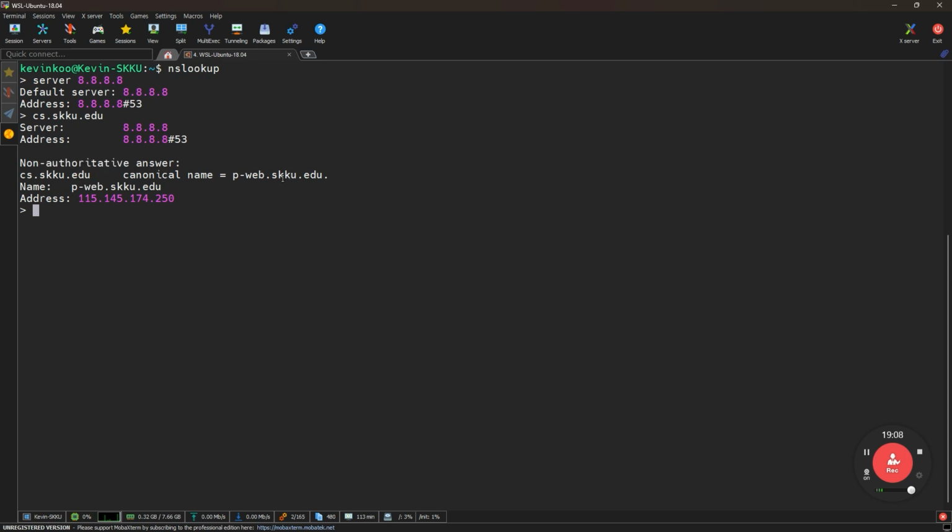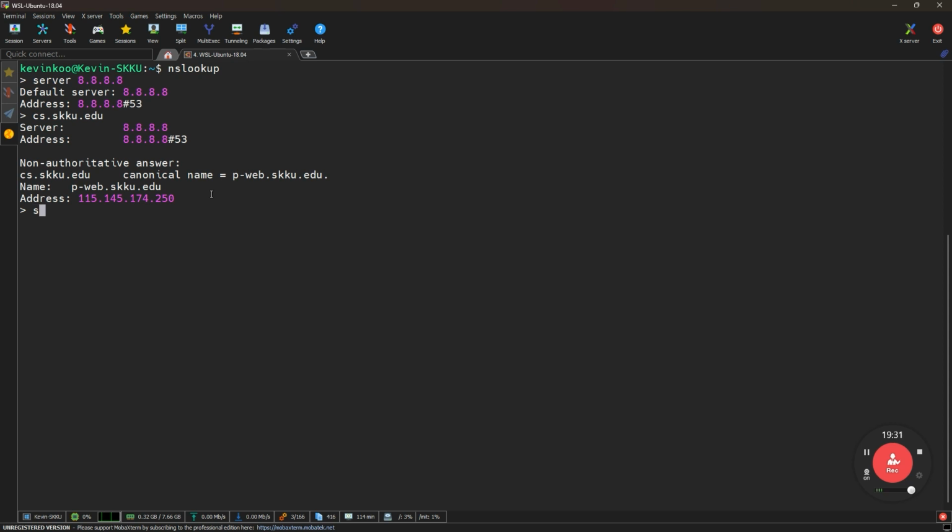Canonical name is just an optional name, and the address is 115 point something. This means this is not the answer from the name server of SKKU. Instead, this Google server has the cache. That's why it gives you a non-authoritative answer.